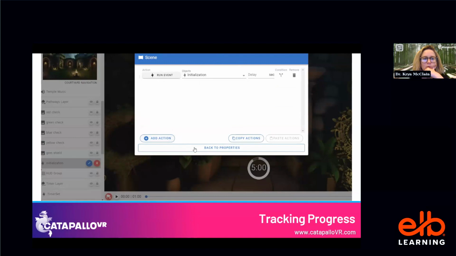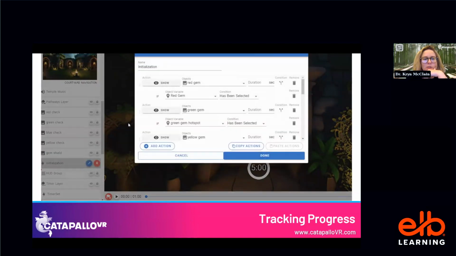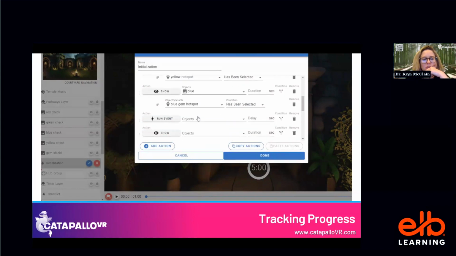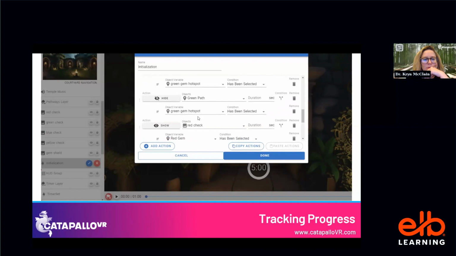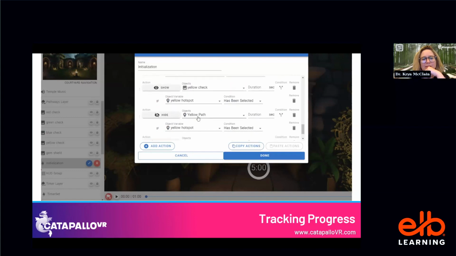So when you get into the room, we ran an event called initialization. So when you hop into that room, you're going to see, okay, what do I want shown here? And as we scroll down, we can kind of see all these different things. So we have